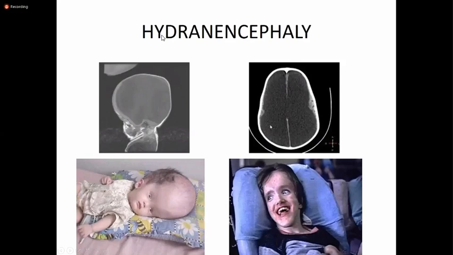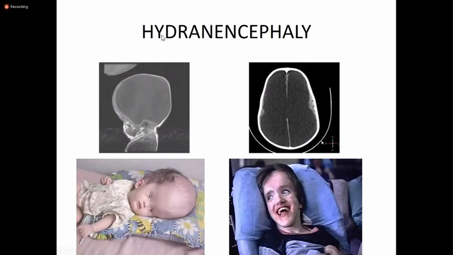This whole is the CSF. Here you can see the macrocrania and the sunset sign. I have told you about this sign in the previous slide. This is one of the signs of raised intracranial pressure in the pediatric age group. This is known as the sunset sign, and this occurs because of the pressure of the CSF on the gaze pathway in the midbrain. You can see the eyeballs are looking down. So what do we do in hydranencephaly?